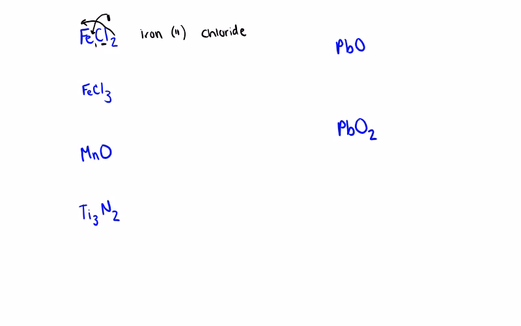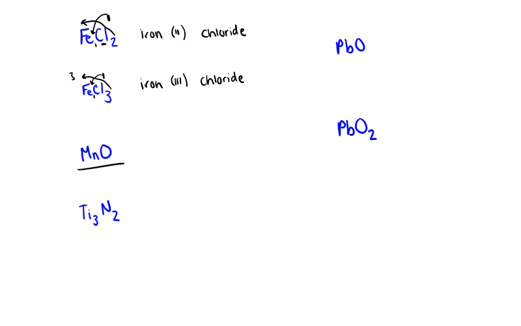So FeCl3, I have iron, I need Roman numerals, I have chloride again. I see the 1 here with the Fe, so that means that this 3 came from our iron, so this is iron 3 chloride. Now, you might be thinking, oh, this is simple, I just look next door and that's the Roman numeral. Not true, because in this instance right here,